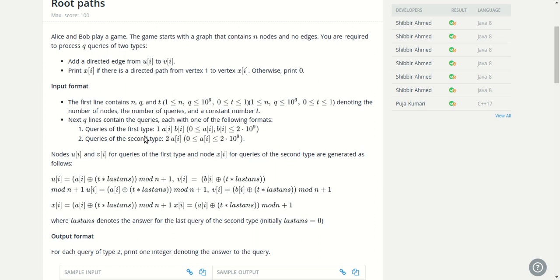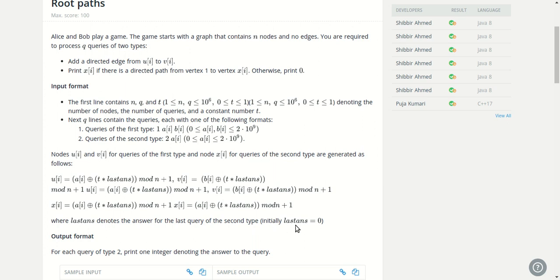If it's type 1, then from ai we have to calculate ui using this formula: ui is calculated as ai xor t times last answer. Last answer is whatever was the last answer of a type 2 query.